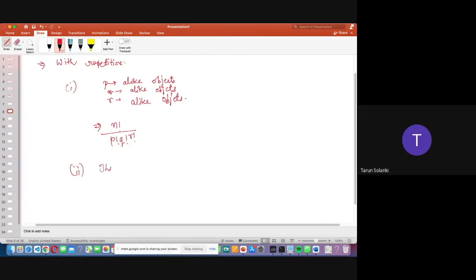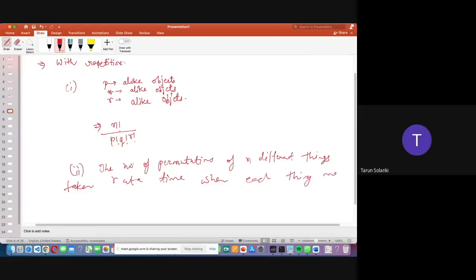So let me write: the number of permutations of n different things taken r at a time, when each thing may be repeated any number of times, is n to the power r. Okay,